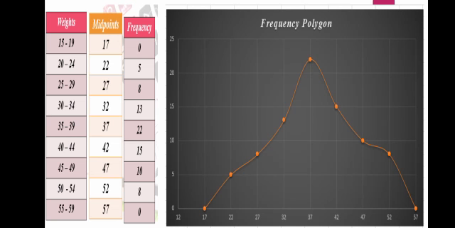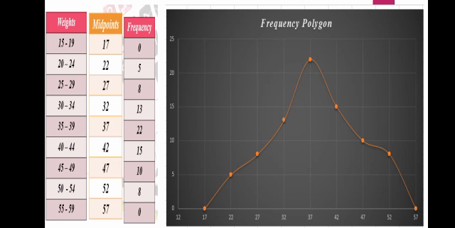Then afterward 42 and 15, 47 and 10, 52 and 8, and 57 again has a frequency of 0, so it will be placed on the x-axis. Now join these points with the help of a line. So this is actually the frequency polygon. How can you make the frequency polygon? You have to place the midpoints on the x-axis and frequency along the y-axis, and using these corresponding values of midpoint and frequency, you plot the points, and after plotting the points, you join them with the help of a line. So this is a frequency polygon.